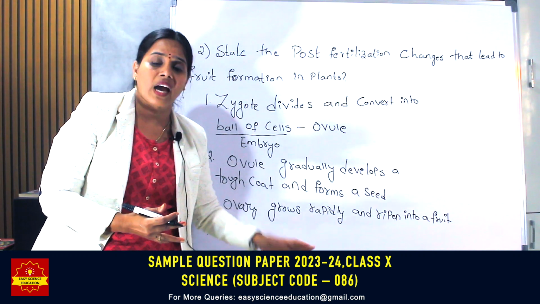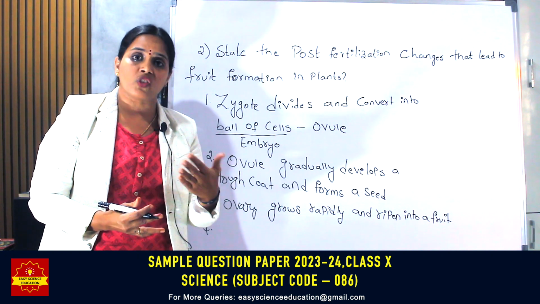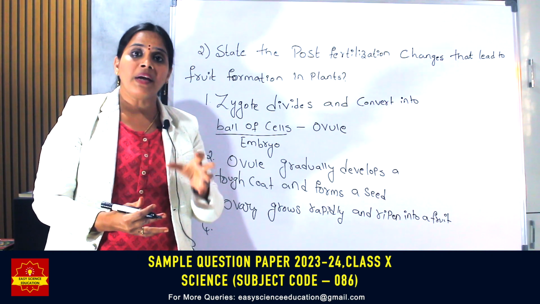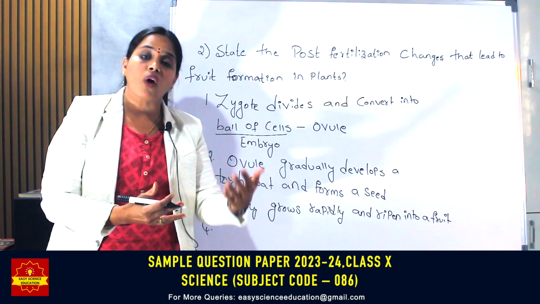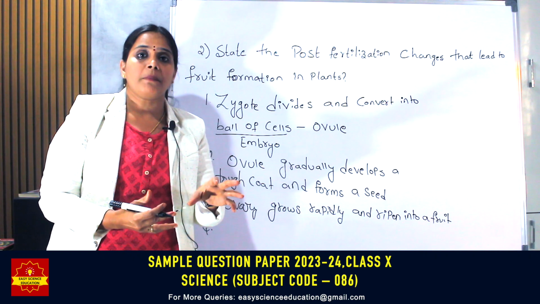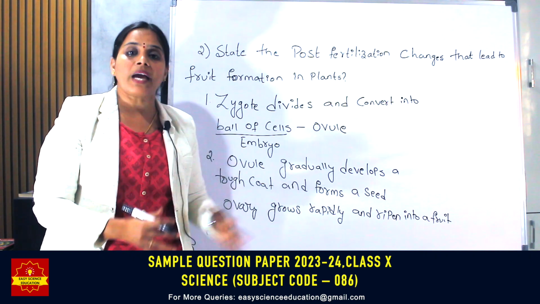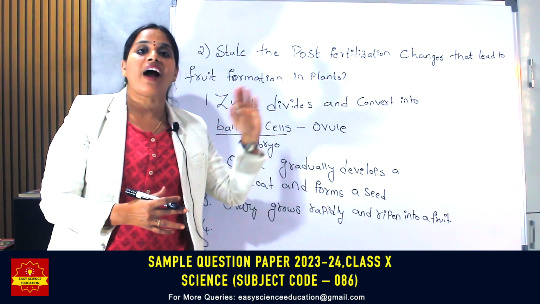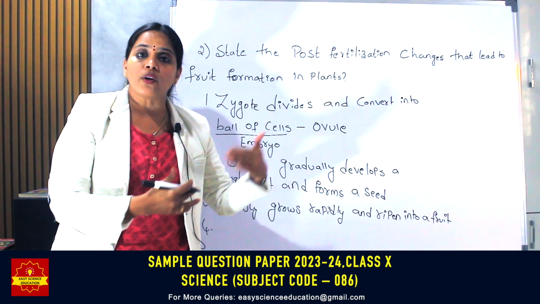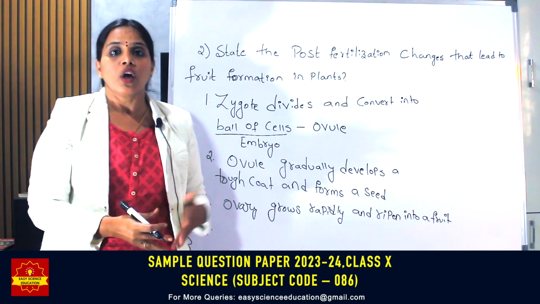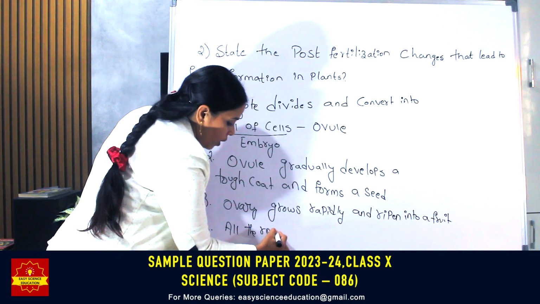In the case of a carpel, there are also the stigma and style. And in the case of a stamen, there are the filament and anthers. So what happens to these parts, and what happens to the sepals and petals? All the floral parts will fall off except the ovule and ovary after fertilization. The ovule develops into a seed and the ovary ripens to form a fruit. So all the remaining floral parts